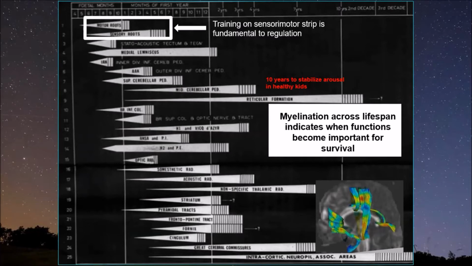I told you earlier about the sentinel system. Is this one here? It's called in this version statoacoustic tectum and tegmentum. They're referring to the inferior colliculus. The tegmentum section would be right below it too. So again, it's dealing with acoustic functions. That's a precursor. It's more important to get the acoustic and the motor going before you get the visual and the thinking. In fact, the arousal system, what's called the ARAS, or reticular formation, takes forever to really get close to the adult level, which is one reason you don't want to